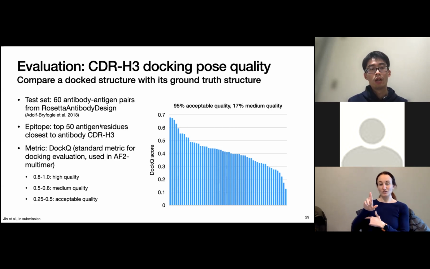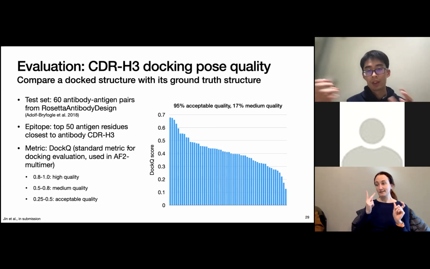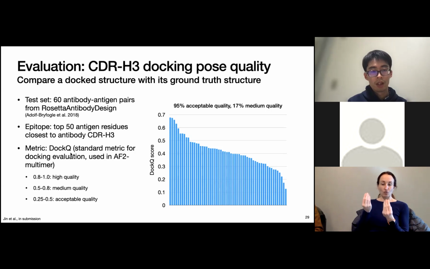Given a CDR3, we look at all the residues on the antigen that are closest to the CDR3, and we take the top 50, and that gives you the epitope. We want to dock the CDR sequence onto that epitope in a correct way. After we dock a CDR sequence, we want to see if this agrees with the ground truth or not. And we use the DockQ score as an evaluation metric